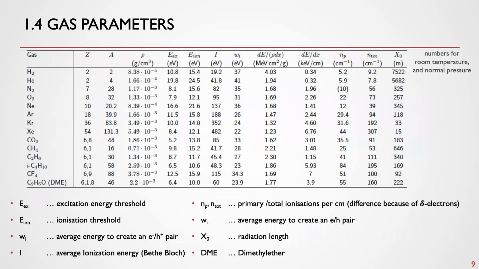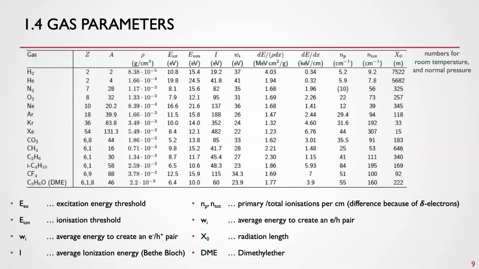Here we show gas parameters. The table is taken from Kolanowski. Argon is here. We have 29.4 average primary ionized electron hole pairs per centimeter of a minimum ionizing particle, and the total number of electron hole pairs, including secondary ionization and delta electrons, is roughly